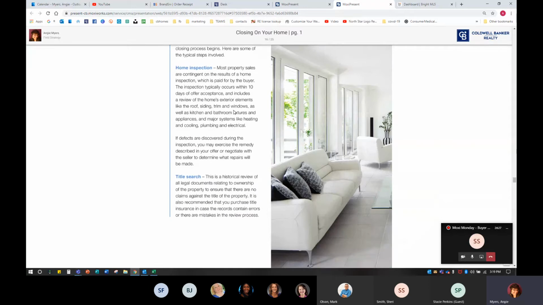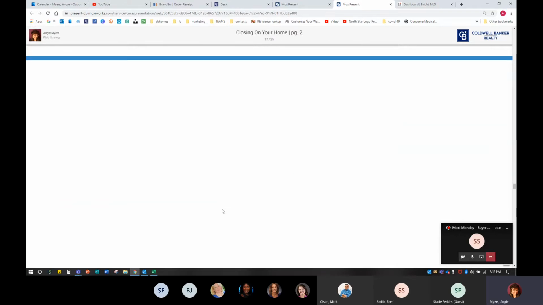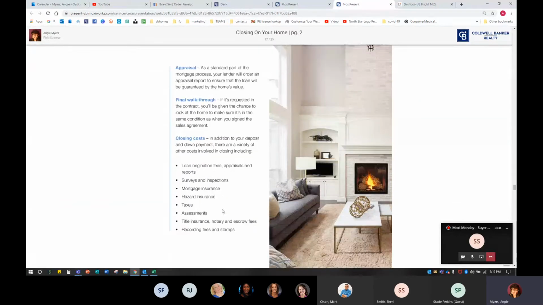Letting them know there will be a home inspection and a title search. What are these things? Why are they important? The appraisal, the final walkthrough, and the closing costs. So again, I love that it gives them a breakdown. In addition to the deposit and the down payment, here are some other costs that may be involved in the